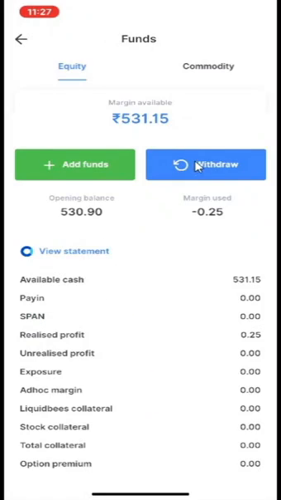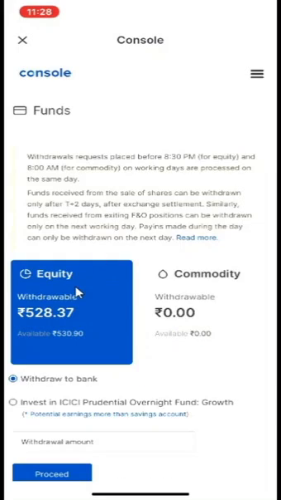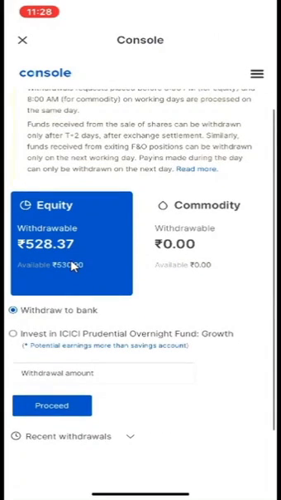If you select withdraw, it will take you to the withdraw page. If you want to withdraw equity balance, select equity and then enter your amount and then give proceed. If you want to withdraw commodity, select commodity and then enter your amount and then give proceed.